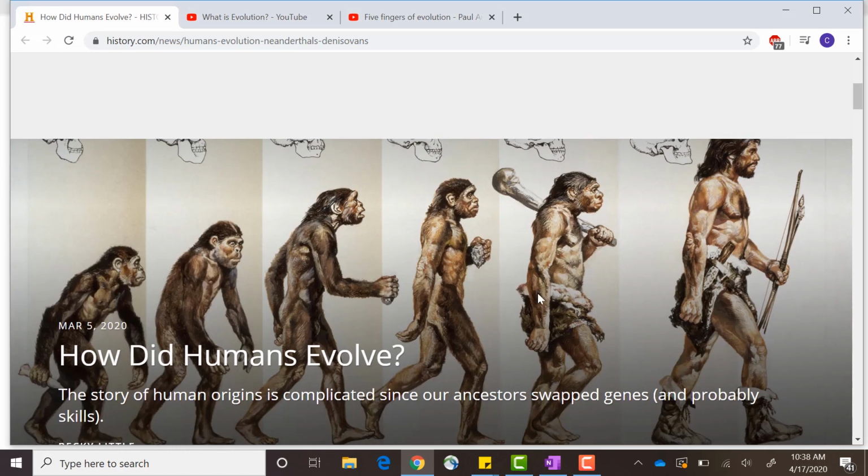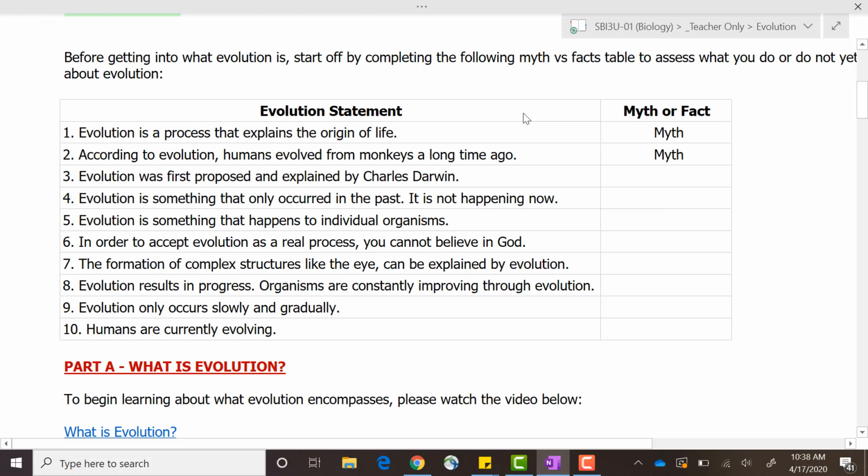So you might have seen a picture like this before, trying to show human evolution over time. This organism right here is not a monkey. It would be a type of great ape. And an important point there, monkeys have tails, and that's one easy way to remember it. So we did not evolve from monkeys. I know a lot of people think that, and there's cartoons that show images like that, but we did not evolve from monkeys.